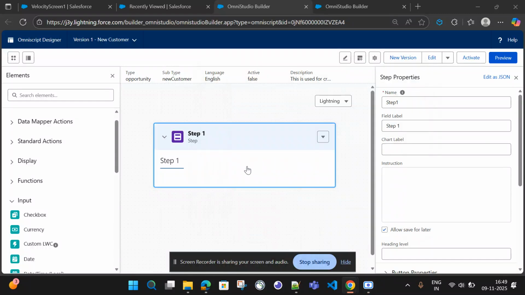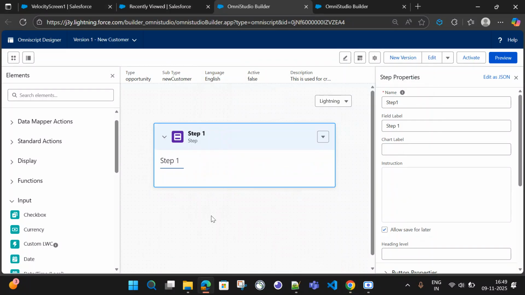Hello everyone. Let's see something in action. In this session, we'll just see how we are creating the screens. So the important part that we talk about in this session is the steps and the input elements that we add to the screen. So if you see here